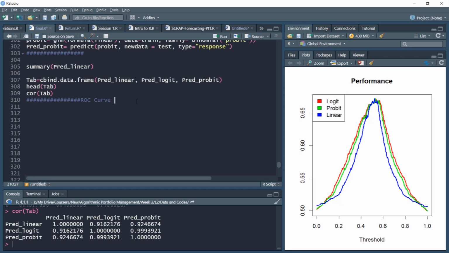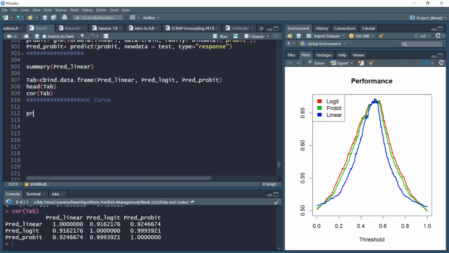Please note that a detailed discussion on ROC curves has already been done in lesson 1, video topic ROC curve. Also, a detailed R implementation of these ROC curves has been done with the trained data. So we'll not have a detailed discussion. We'll keep the discussion brief and we'll focus on the R implementation part.